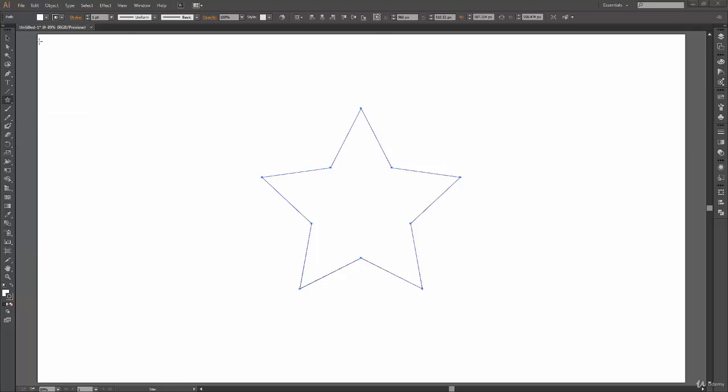So to select the reflect tool, again you can click and hold on this rotate tool icon, and this new sub panel opens. From here you can click on the reflect tool. The shortcut key for the reflect tool is O, so either you can press O on your keyboard or select it from the menu bar. Now like the rotate tool works, the reflect tool works the same way. First you position your reference point and then you can click and reflect your shape.